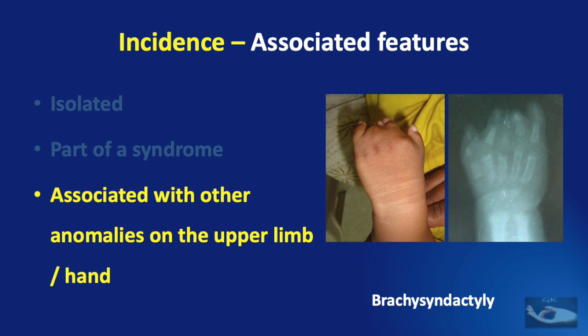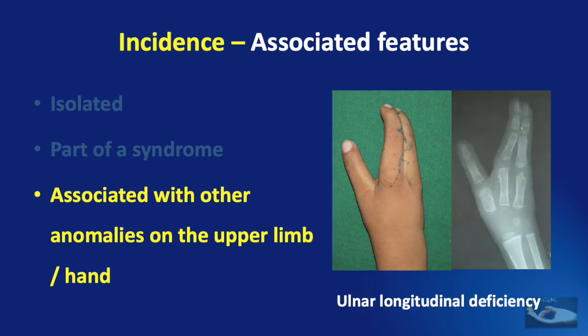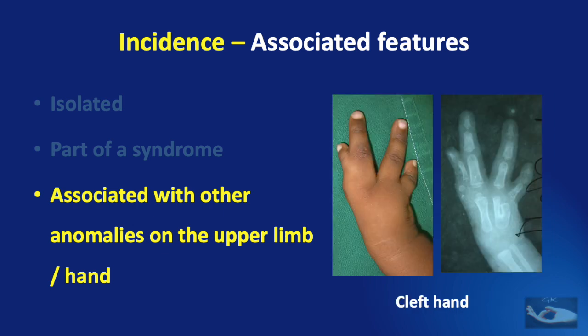Here, the fingers are fused together, but there are other features suggesting anomaly in the hand. Like for instance, here there is a shortening of the fingers along with the fusion called brachysyndactyly. In this example also, there is a syndactyly between the index and middle fingers, but there is also a loss of the ulnar side of the hand. So this is a case of ulnar longitudinal deficiency. In this example, there is a syndactyly between the index and thumb, but the diagnosis here would be a cleft hand, of which